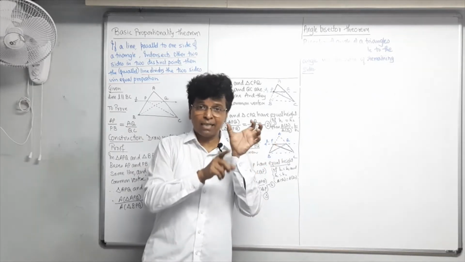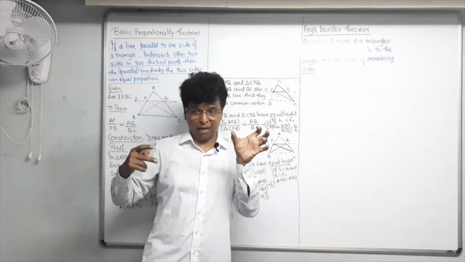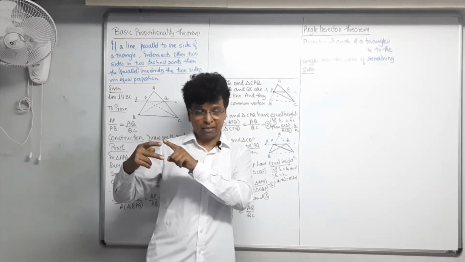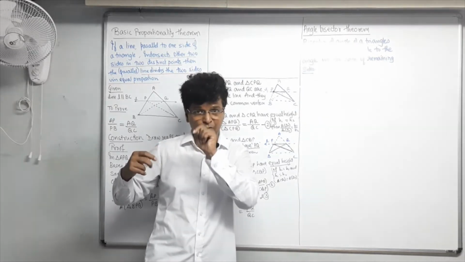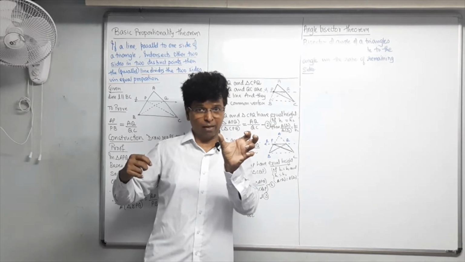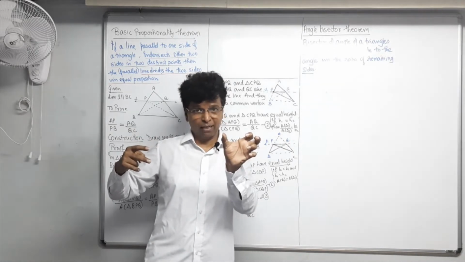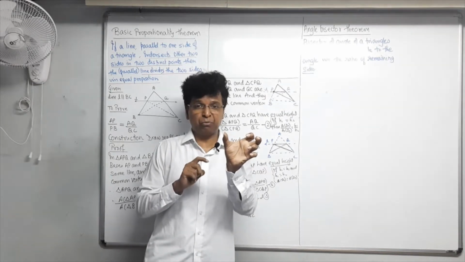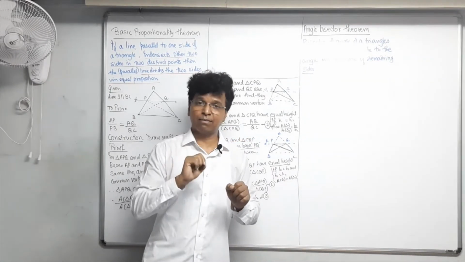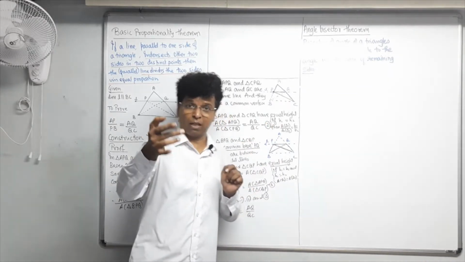And when heights are equal, the ratio of areas of triangles, area of triangle 1 upon area of triangle 2, this you have to think. When the two triangles have equal heights, the ratio of the areas of the triangles will be equal to the ratio of their bases, B1 upon B2. This you have to understand. This you have to think. This you have to speak to yourself again and again. Because now, next, what happens?